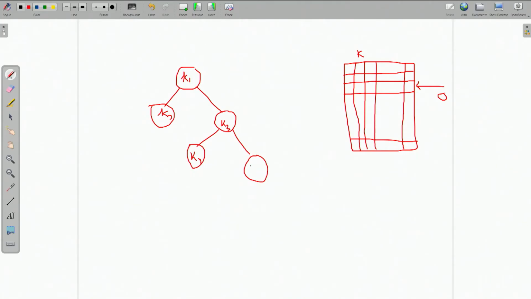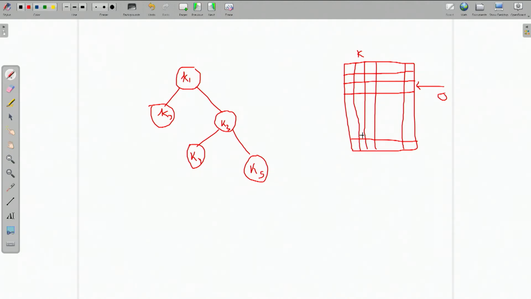K4 and so on. So, the number of nodes in the binary search tree is the same as the number of records in this table. Now, if we want to search for a particular record having a particular key, that is the primary key, then we can use this binary search tree to go fast.